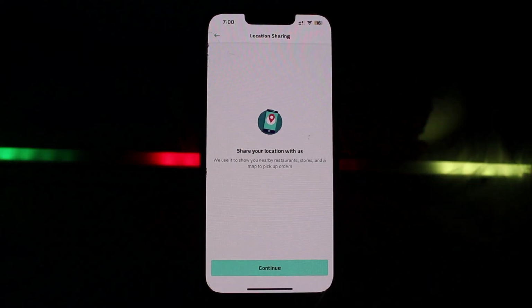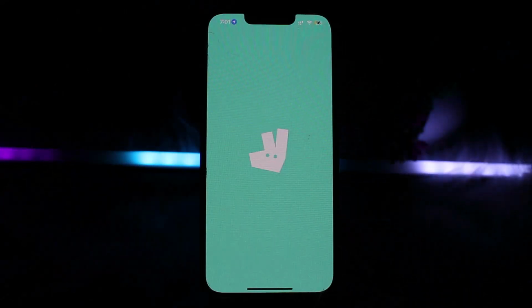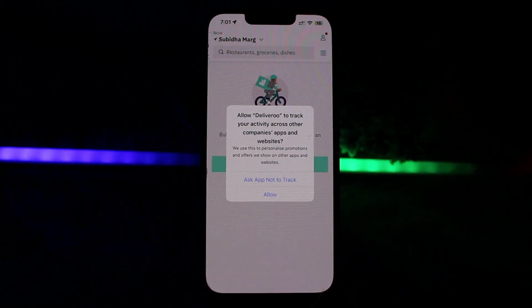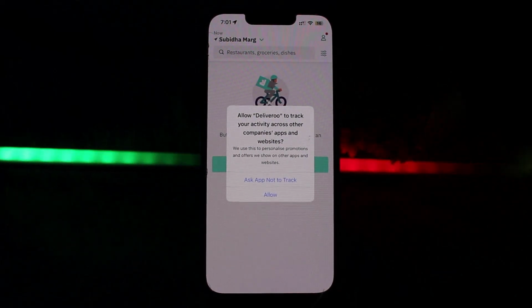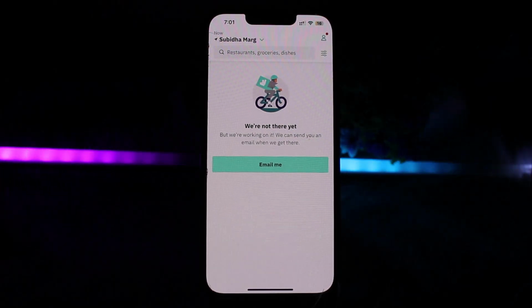Now you need to share your location with the Deliveroo app, so click on the option of continue. Now it asks you for your location, so you need to simply click on the option of allow once or allow using the app. So after that, it is not available in my place right now, so after that